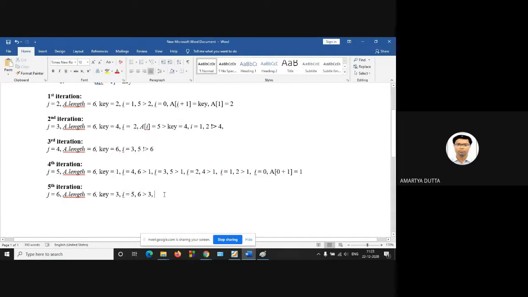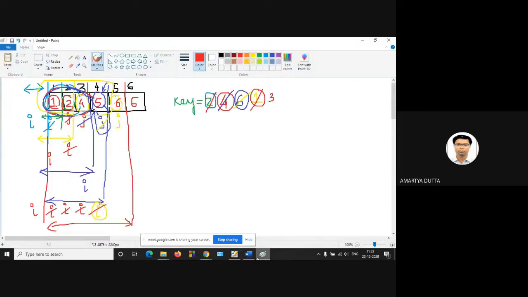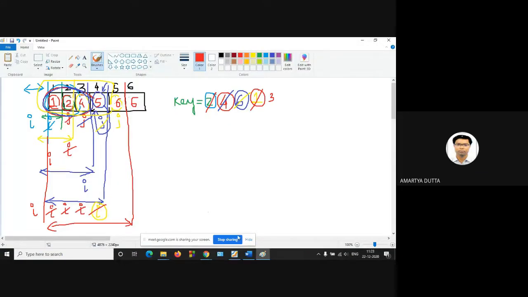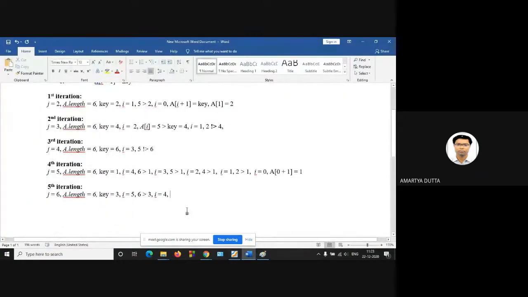Then again you have to check whether a of I, that is 5, is greater than your key value. Yes, 5 is greater than your key value.